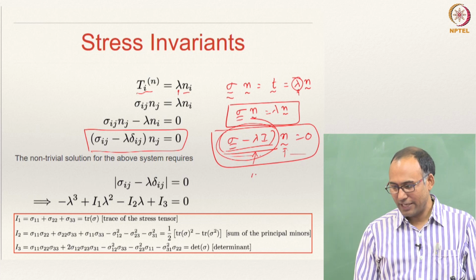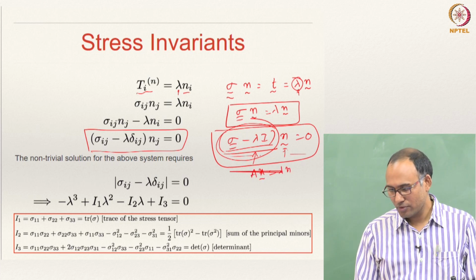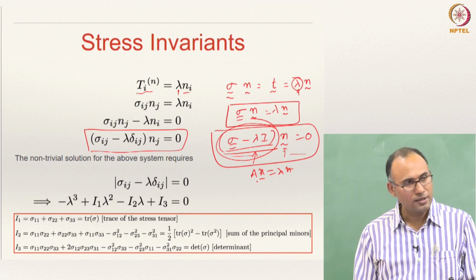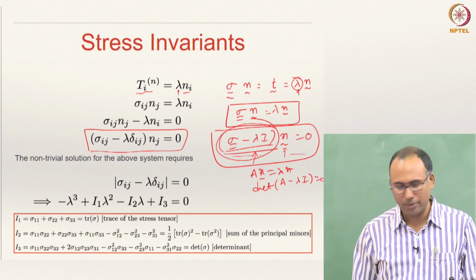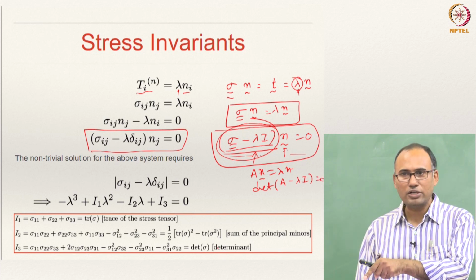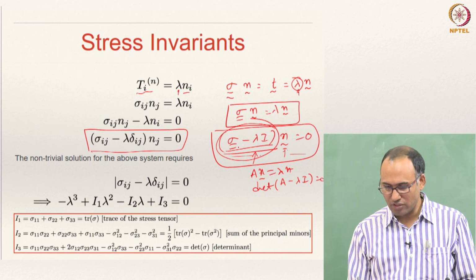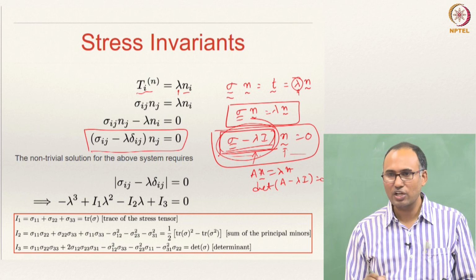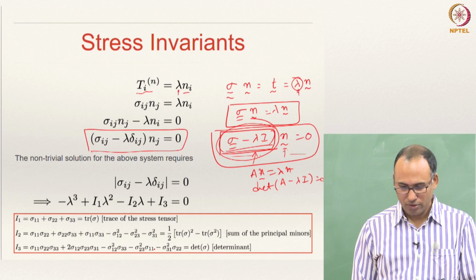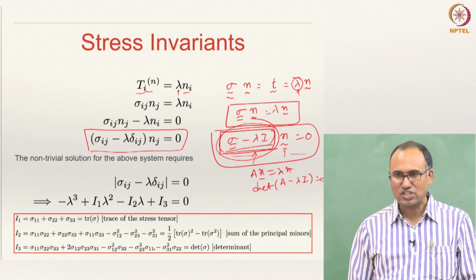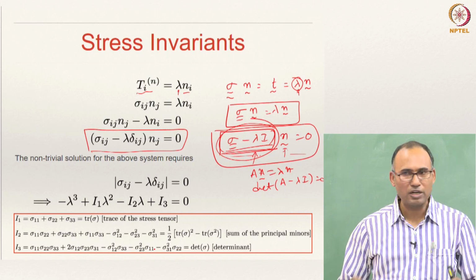When you write Ax equal to lambda x, several times we don't pay attention to why. In order to solve this, we need to take determinant of A minus lambda I equal to 0. The reason we need to do that is because for a non-trivial solution, this matrix should be singular, and if it has to be singular, then the determinant of that matrix should be equal to 0, right? So with that, I stop, and we'll meet in tomorrow's class and build on this. Okay.